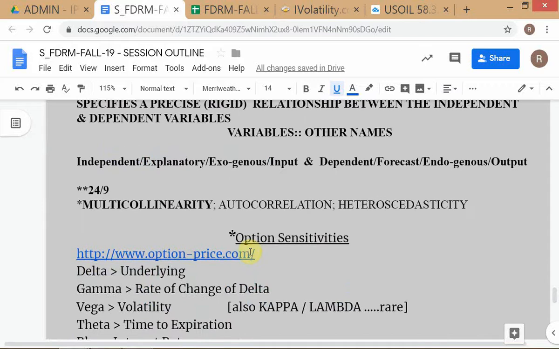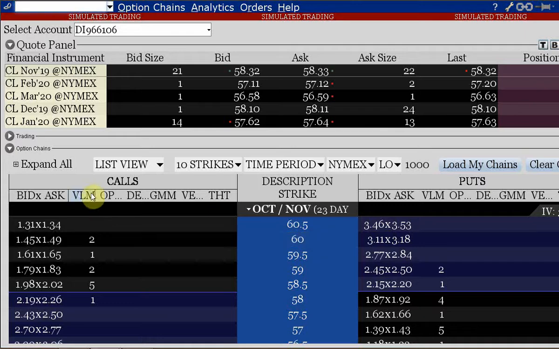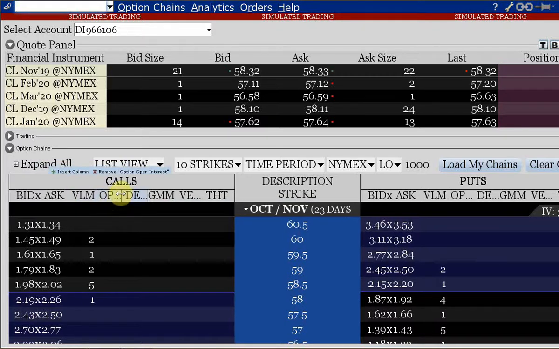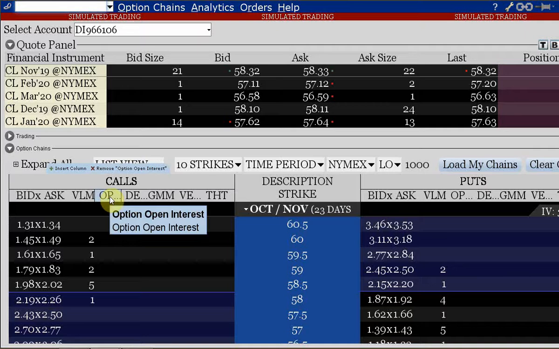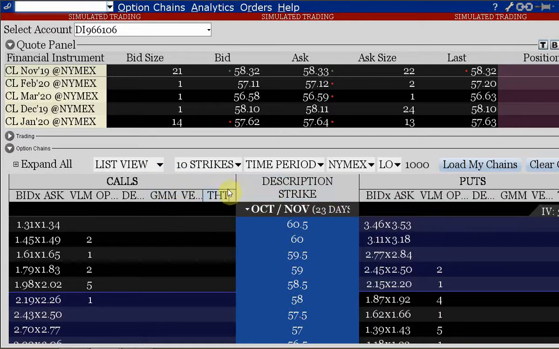Today's 24th, right? Yes. So I put the entire option sensitivity discussion, all this stuff that you see here. We're not really interested in volume for the day. I can just make this a little bit smaller. And is this open interest? Yeah, I'm not interested in open interest also at this point. I'm more interested in delta, gamma, vega, theta. So we'll try to make this maybe focus more towards